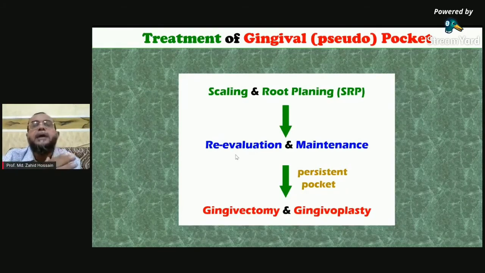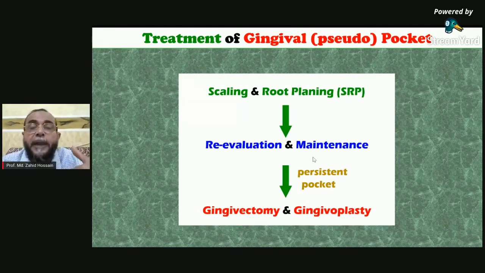Okay, every time you do it and treat it, after treatment, after 4 weeks, call the patient for a recall visit. So again, you make the chart, and then you can compare whether the condition becomes good or bad or static. As the patient has to take care at home with oral hygiene, you have to instruct the patient how to take care at home. So these things you have to measure every time.